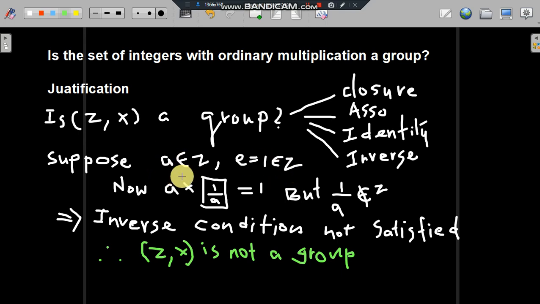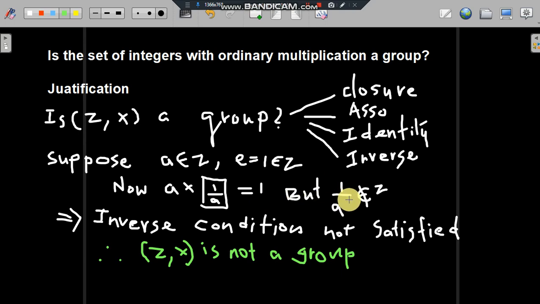For all A, we must have a number like this. When you multiply this, that number must also belong to Z, such that the operation of any element with this number gives the identity. But here 1 by A only suits this situation,